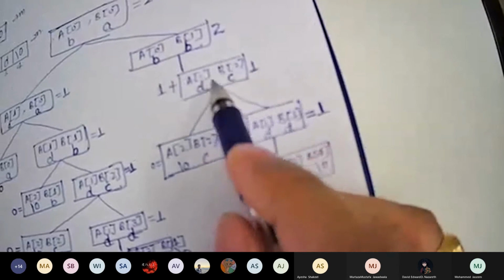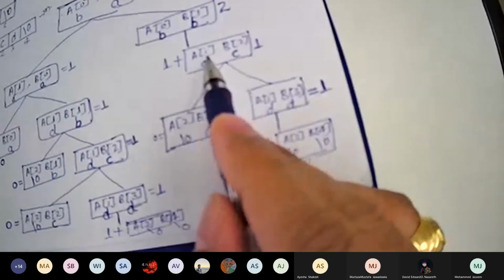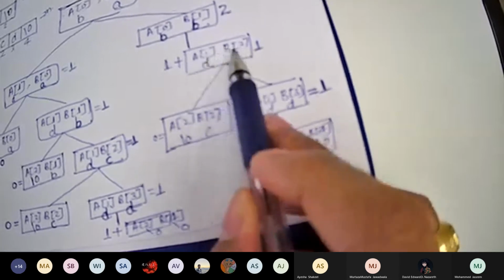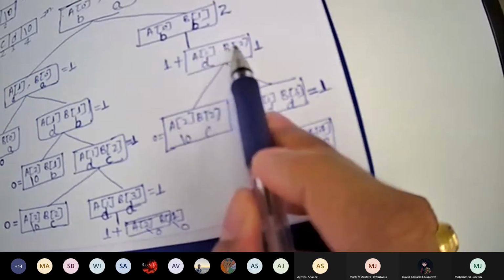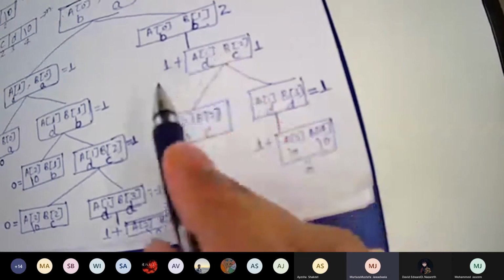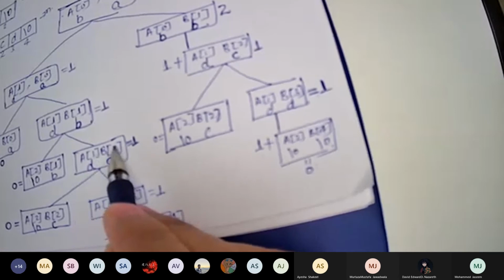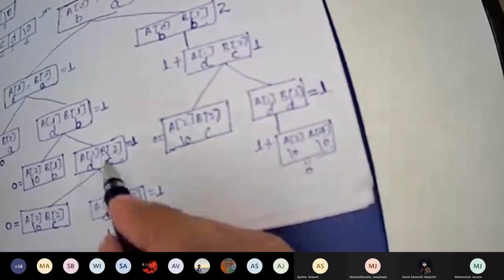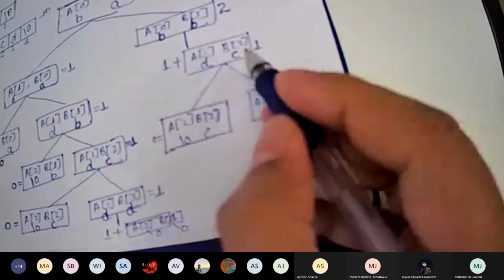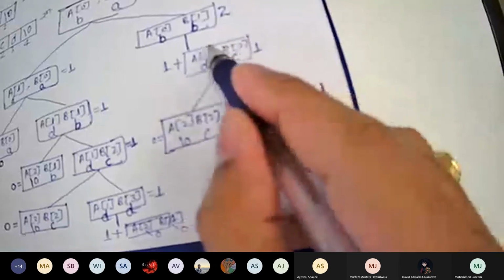Why don't you need to count these things? Tell me, what is this value? A1, B2, or not? You are counting A1, B2 here? Yes, sir. Which you had already calculated here. Same thing you are using here. So why do we need to calculate once again? If you could save this value at some place, then do we need to calculate this? No. We don't need to calculate this.